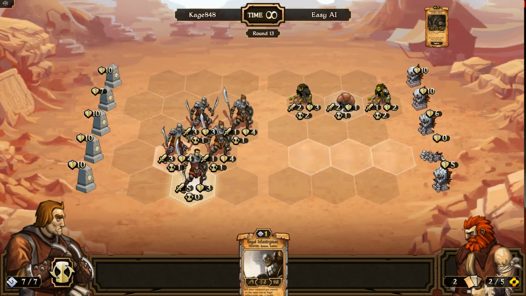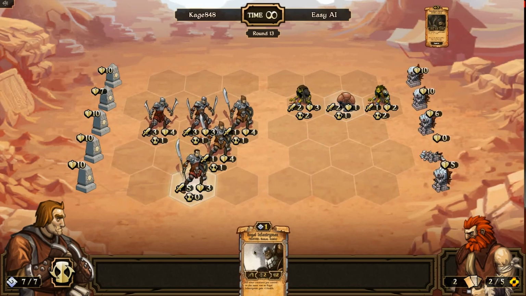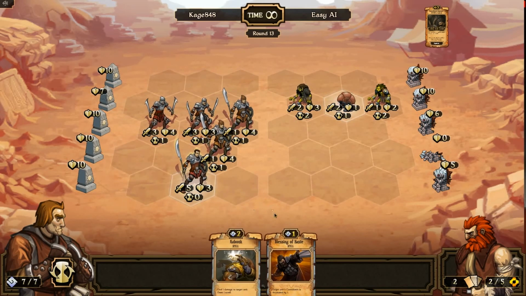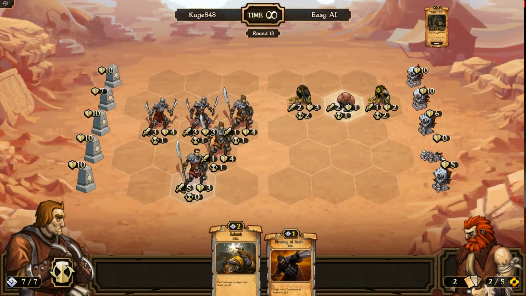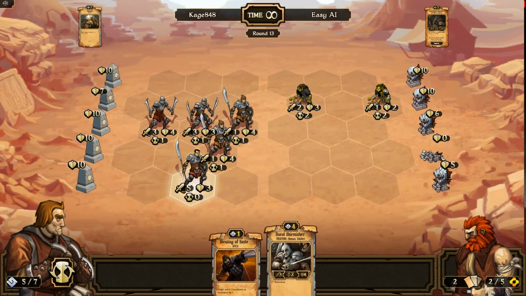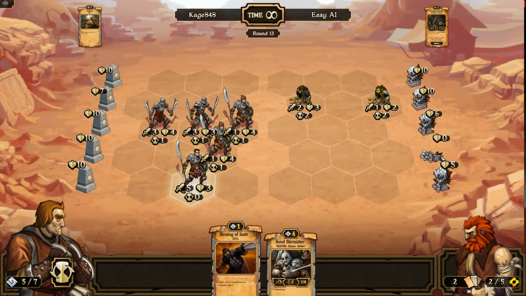So let's move these guys up. We'll move this guy up, and we will sacrifice this because I don't really need a Royal Infantryman. Okay, here we go. This is the spell that gives 1 point of damage and gives us a card back. So we'll use that there. And we got another guy with Relentless. Not really needed. We could use Haste. What could we use Haste on? Nah, Haste is really kind of...